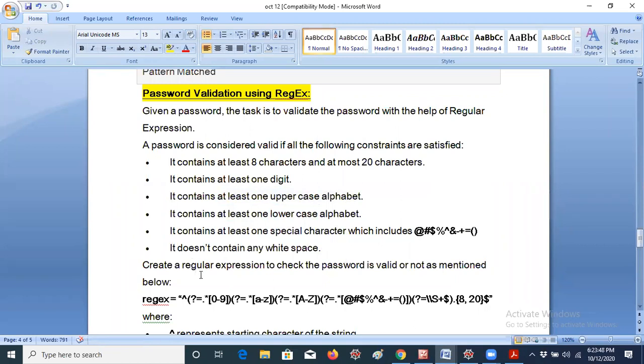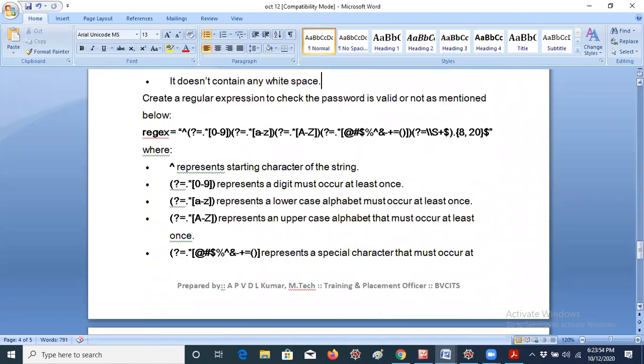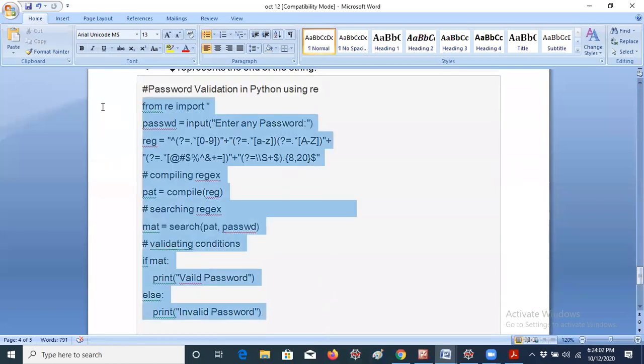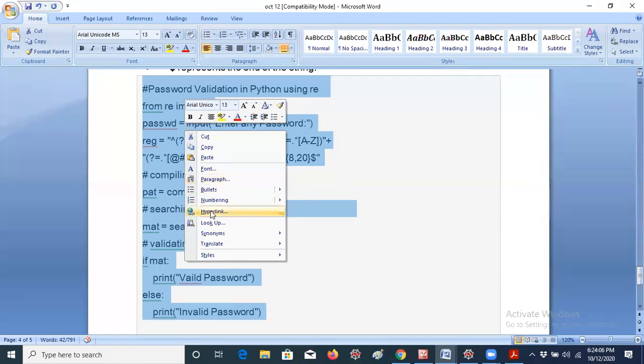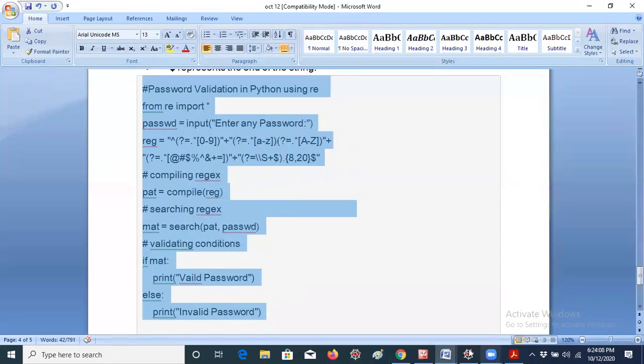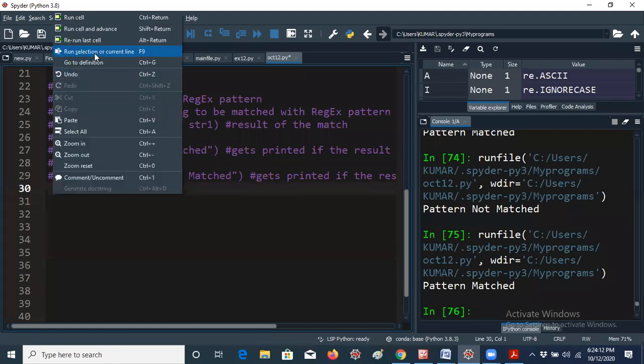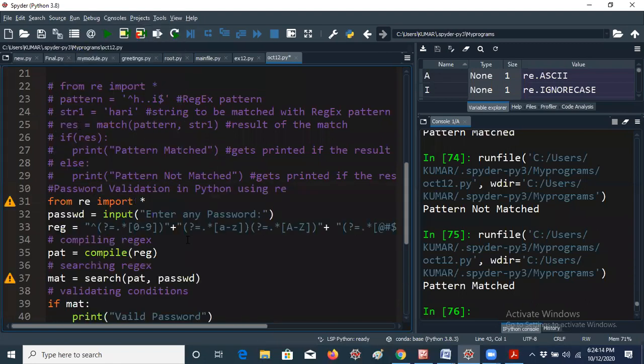Now I would like to create a regular expression, but it will be displayed in a different order. I think students may wonder how to remember this. You don't need to remember all the things. I will tell you in a shortcut manner. So don't worry, guys. Let me give the code now, first of all. These include comment lines actually, guys. I'm giving it including comment lines. I hope it can be reduced automatically, but I always prefer to have comment lines also.